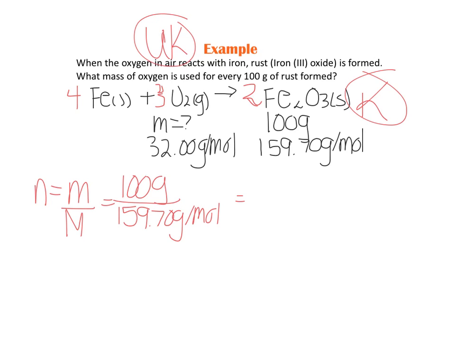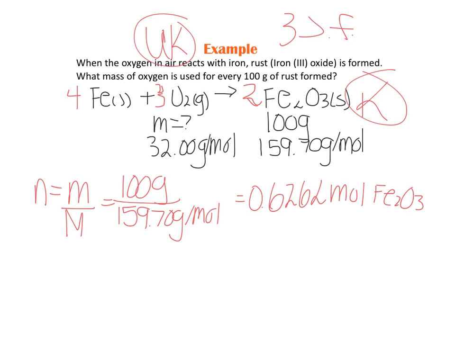And I do believe we got 0.6262 moles. So in the end, I'm going to get 3 sig figs. So I'm going to keep 3 throughout my work here. All right, and that's moles of